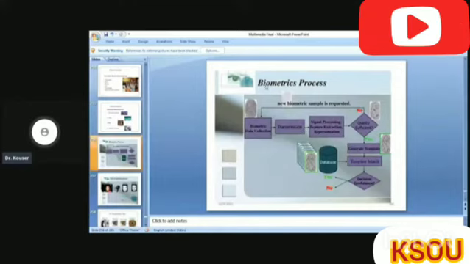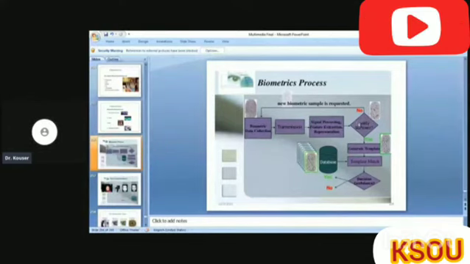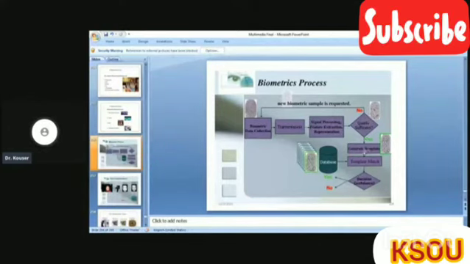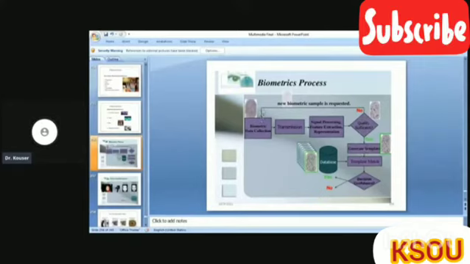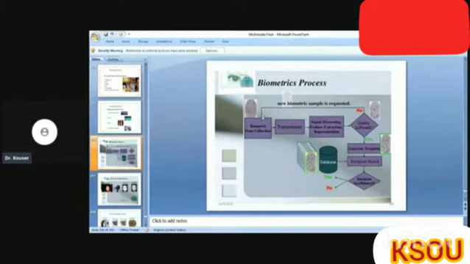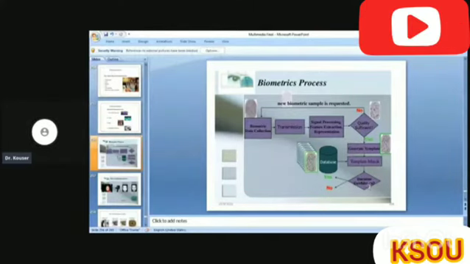Like I explained earlier, the biometric process starts from biometric data collection, then transmission. We have to extract features from that and check whether the quality is sufficient. If it is sufficient, then you generate a template. Otherwise, you have to capture a new sample or biometric and recapture the same. So if the quality is sufficient, then you go on to generate a template. Then this template is matched and finally a decision is made whether it is really you who is trying to log into your phone or your device.